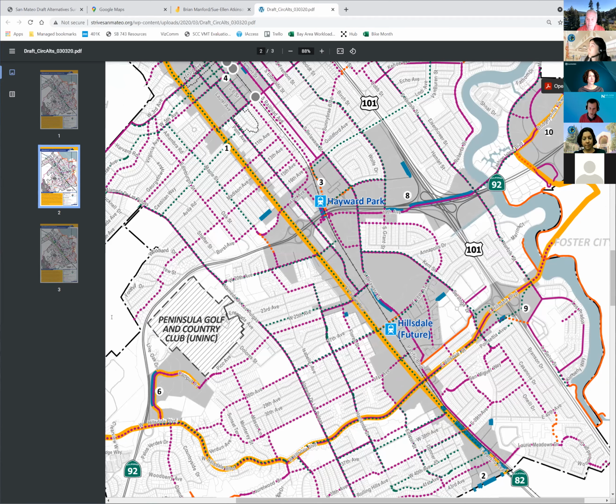And then also looking at El Camino Real, something like bus rapid transit or other high quality transit service on El Camino.